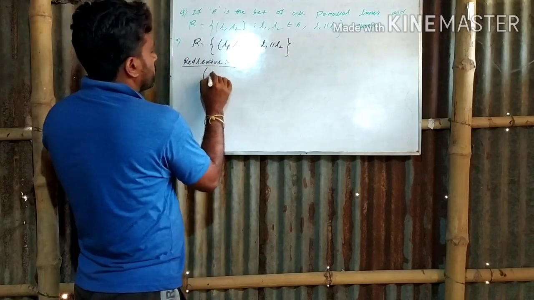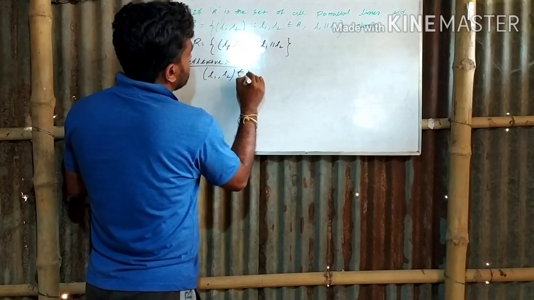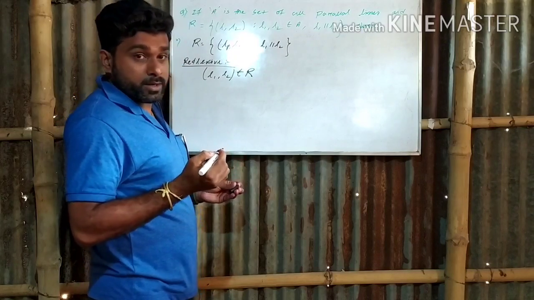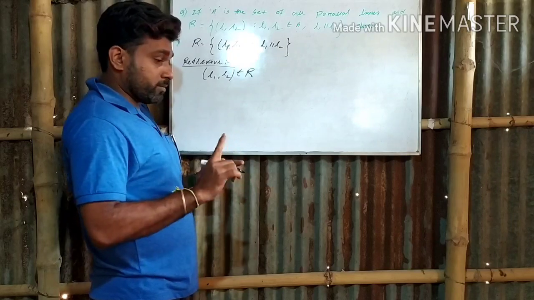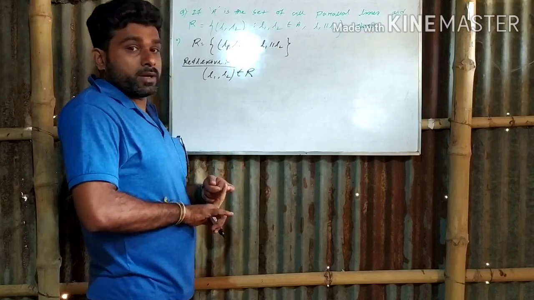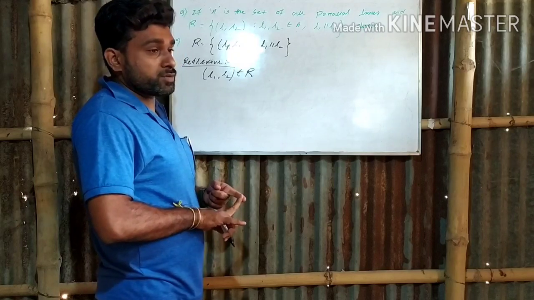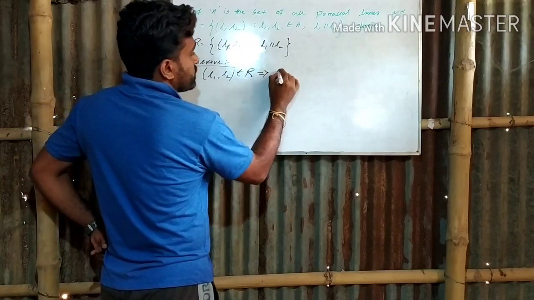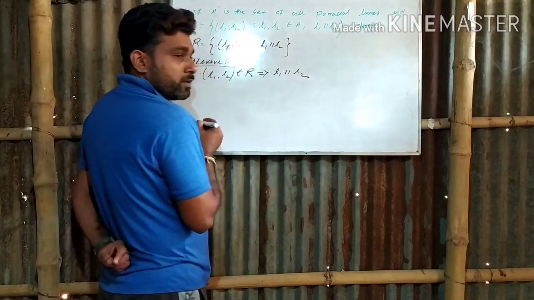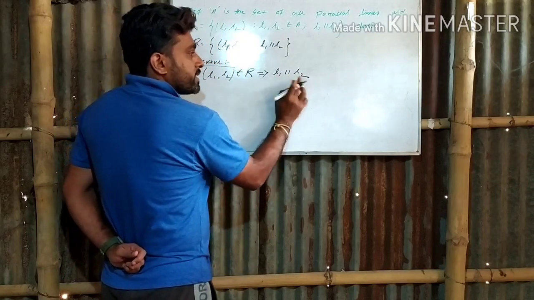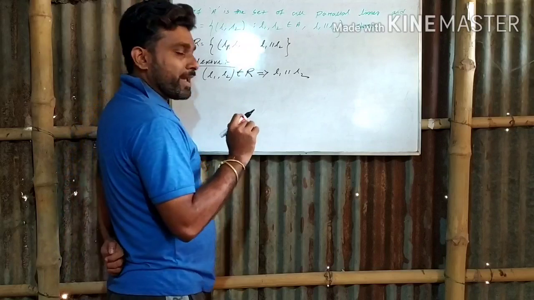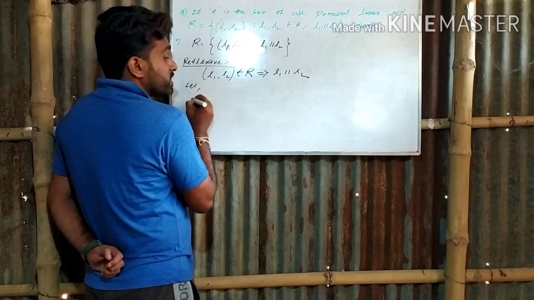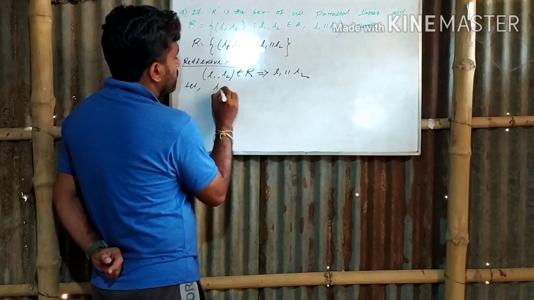Okay, so now this ordered pair (L1, L2) belongs to the relation set. It is given. When the relation between L1 and L2 can be constructed, then the ordered pair (L1, L2) will belong to the relation set as well. So the condition is what? L1 parallel to L2. That means when these two lines are parallel, then the relation between L1 and L2 can be made. Now, for the reflexive property we have to consider L1 equals L2.